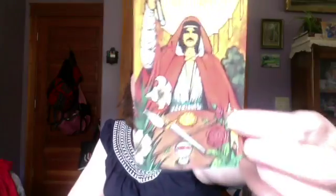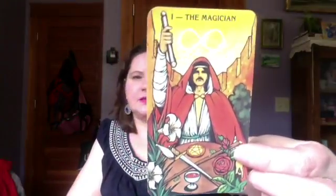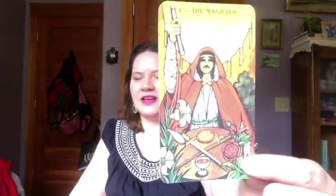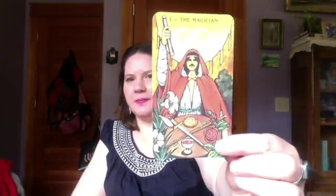Today we are using the Morgan Greer as an example, and the card we are talking about is card number 1, the Magician. I always kind of love this deck because I think it was made in the 70s or 80s, so all the guys have mustaches and stuff. One of the things I really like about this deck is the bright bold colors, and you really get that on here, and it follows a fairly traditional Rider-Waite